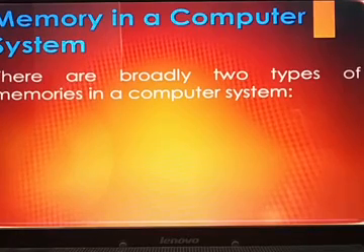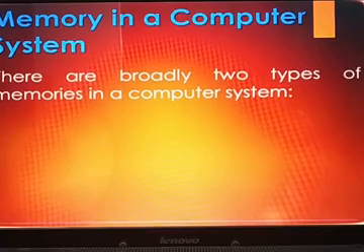As for example, to get the product of two numbers 7 and 9, the CPU is given instruction and data somewhat like multiply 7 and 9, or a equal to 7 into 9, etc. Now using the instruction multiply, the CPU processes the given data 7 and 9 and provides the final result, which is 63. Here comes the role of memory. The CPU needs to have some place where it can hold instructions and data during processing. And once processing is over, it needs a place where it can store the result permanently.